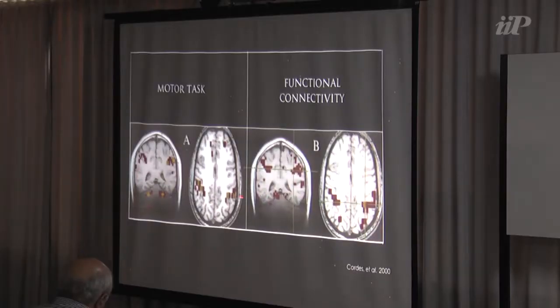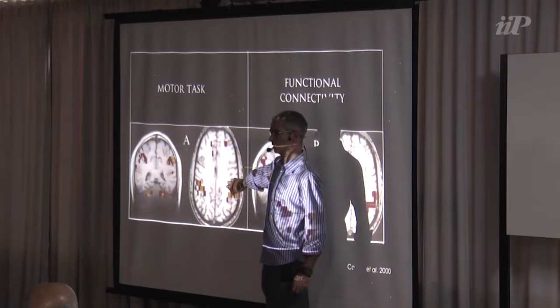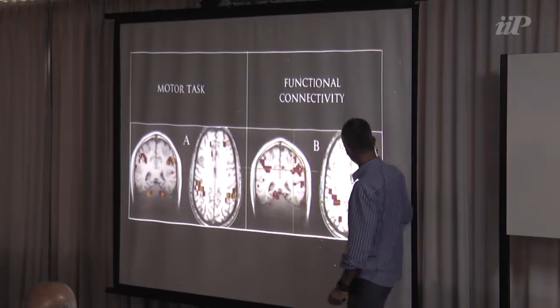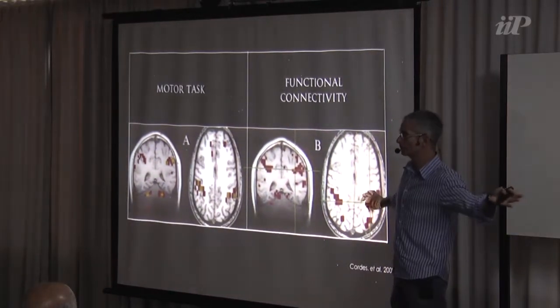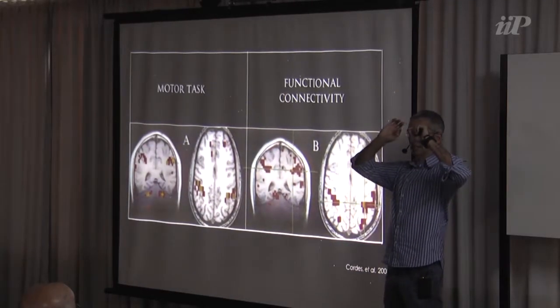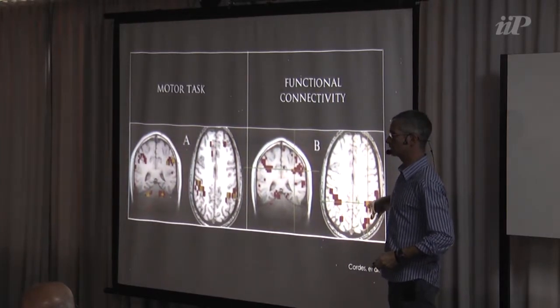So they got the same individual. They put the individual in and did a resting state. This time, this guy's not doing anything. He's not doing a motor task. And now, they place a seed in the primary motor cortex. So they localize the primary motor cortex of the individual right here. They have the coordinates. Now they grab this coordinate and bring it here to another exam. And what they did here was they got the time series and correlated this time series with the rest of the brain.